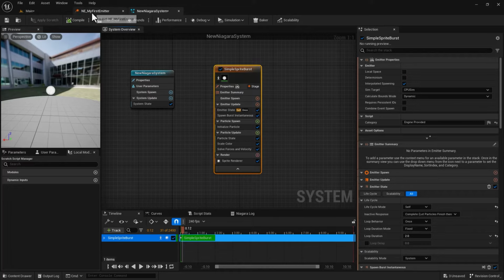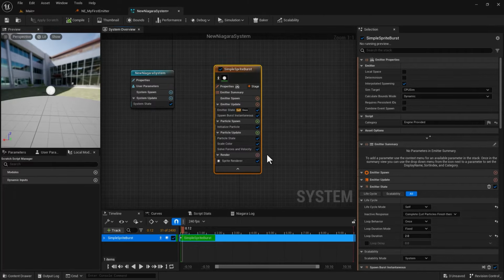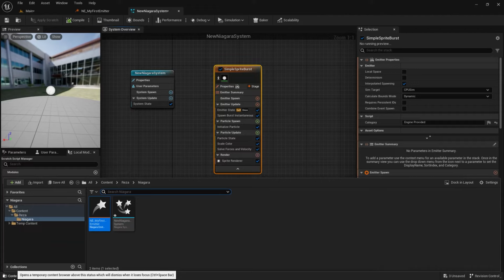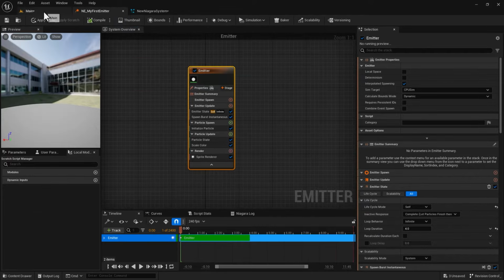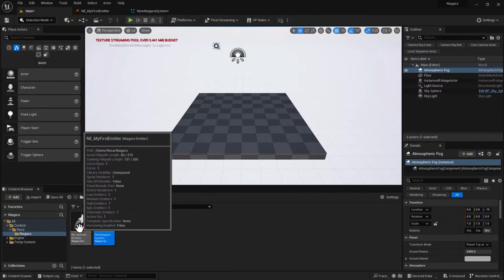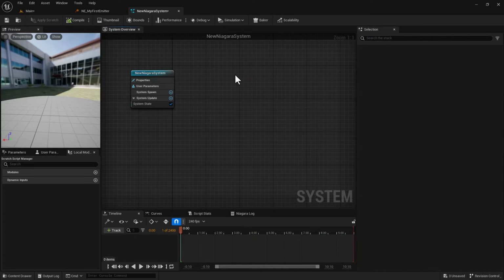But what if I want to use my existing particle here and add it to this system? Because if I go to Content Drawer and try to drag and drop it and include my existing emitter into my new system, I simply can't. You have two options. You can convert your emitter inside your Content Drawer and create a brand new system, or you can use your existing system. I'm going to just delete this one and bring your emitter here